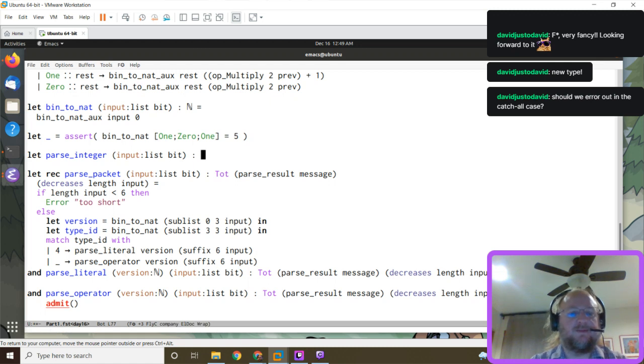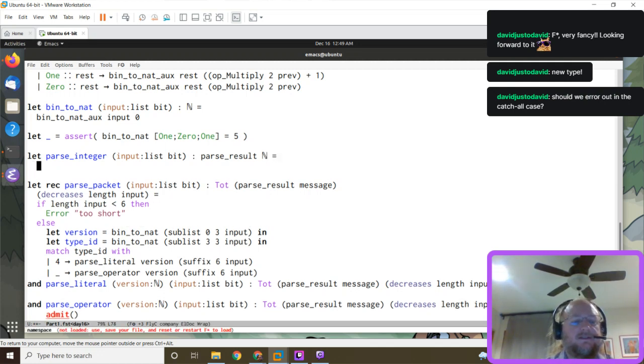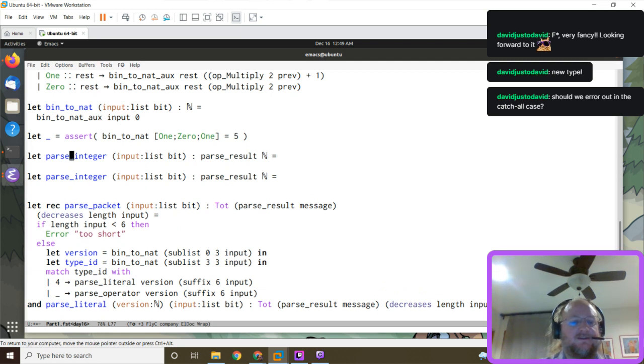But this is a parse result integer. So, let's do this in two parts. We'll just parse